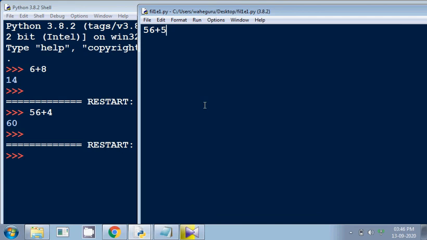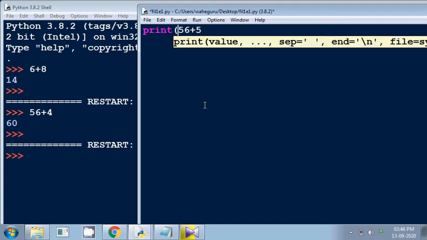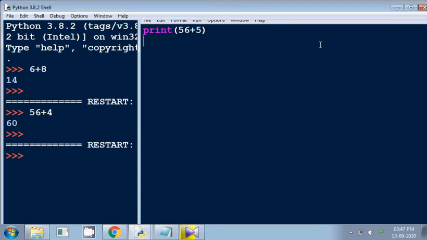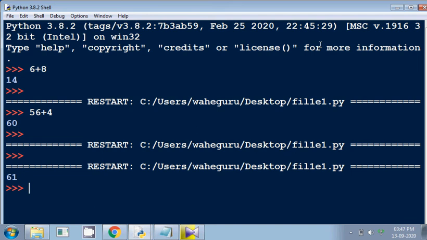What the print statement does is, print is used to print the output on the screen. So I'll use the print function. Print is basically a function, so we'll be discussing more about functions in later videos, but as of now we'll be using this function directly. In the print function, I'll pass the desired input, and accordingly I'll be getting the output. Let's save this file by Ctrl S, and then run this file using F5. We can see the output over here, 61.